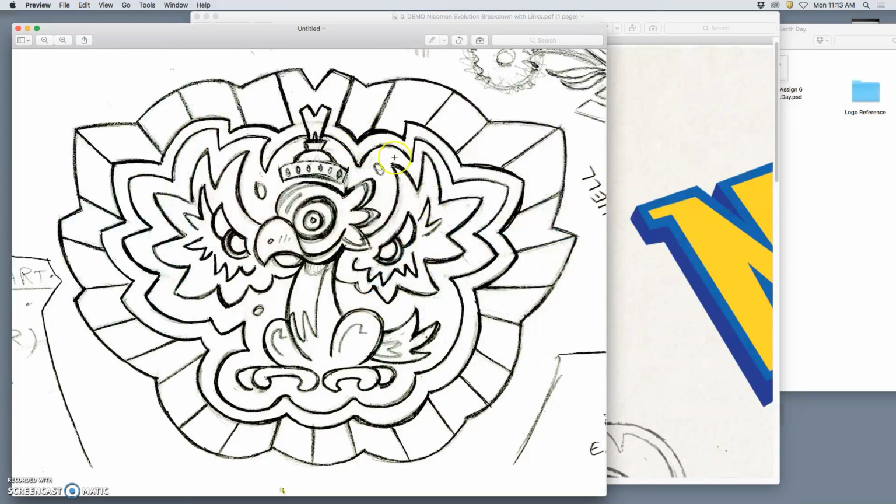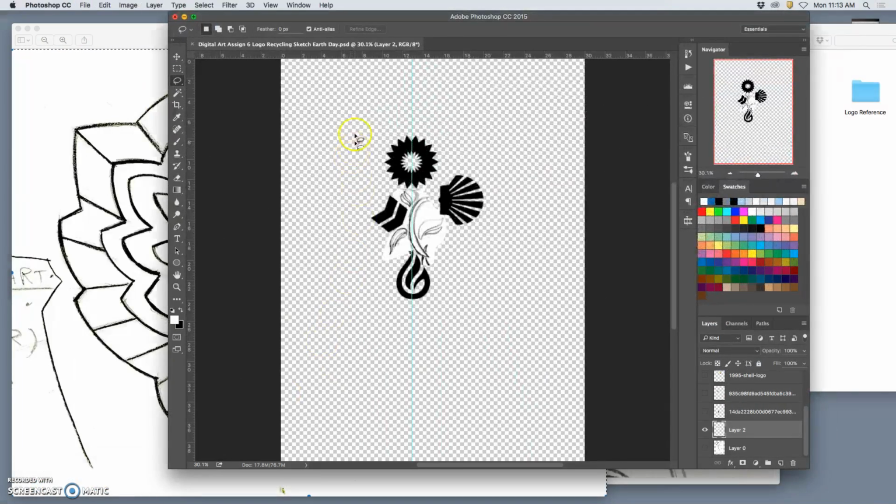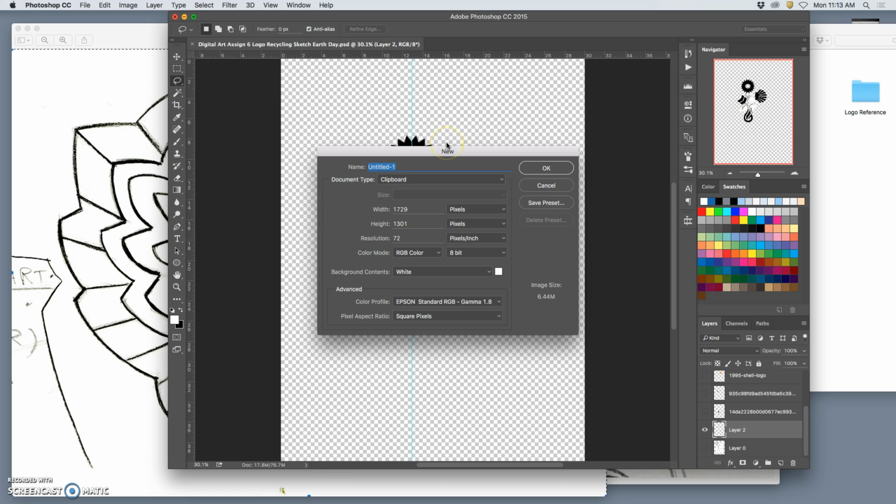So I'm going to take that sketch, and it was just done in pencil. I'm going to open it up in Photoshop to see if I can just clean it up a little bit more. So that's always good to do. So I'll call this sketch 2. So I'm doing my logo, kind of recycled logo on that one, and I'll call this an achievement badge